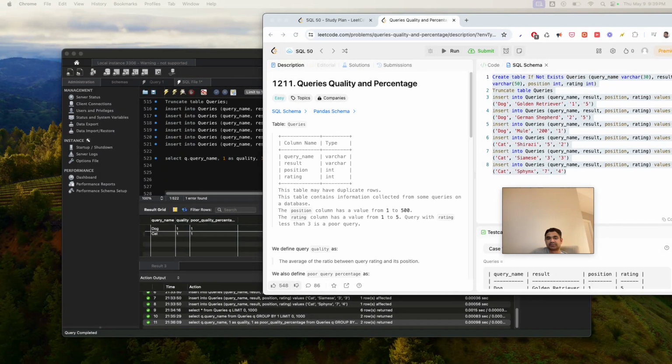So some case when rating is less than 3, then 1 else 0. That's the thing. Then you just sum that for each one, and then you divide by count, count query name. So that's one solution. And the other solution utilizes a window function, which allows calculation across a set of